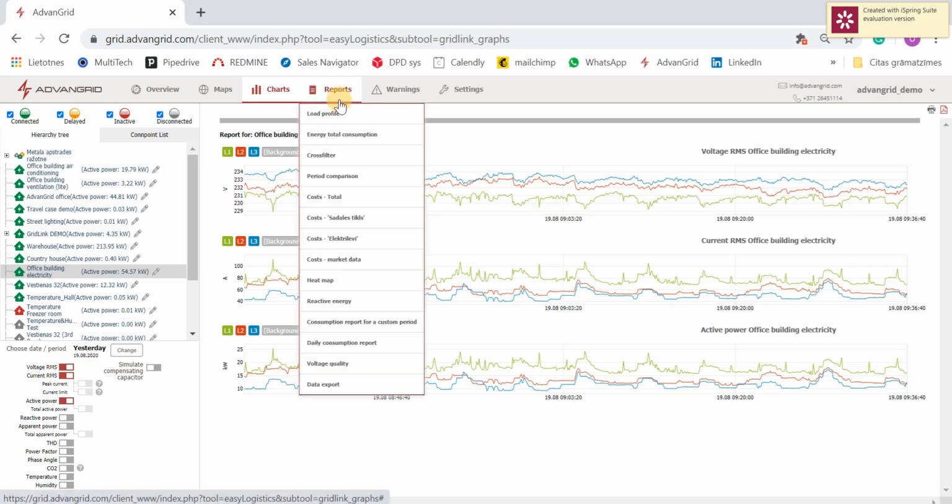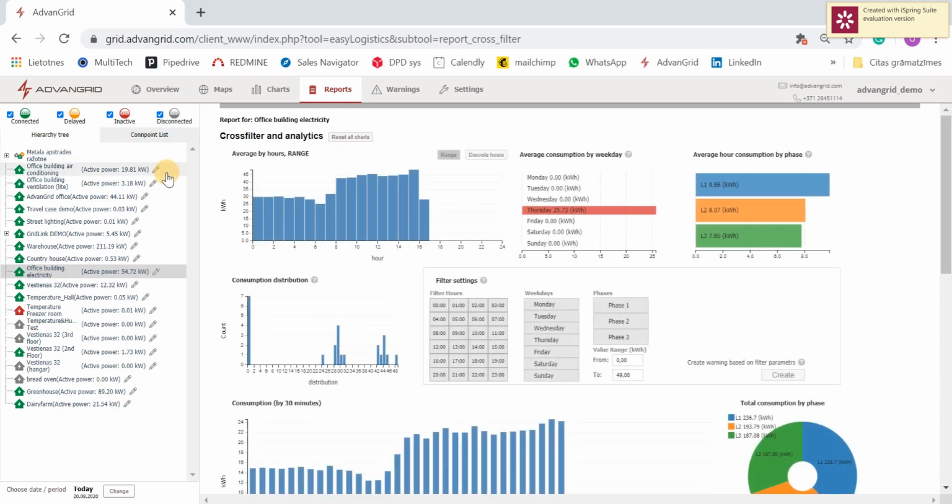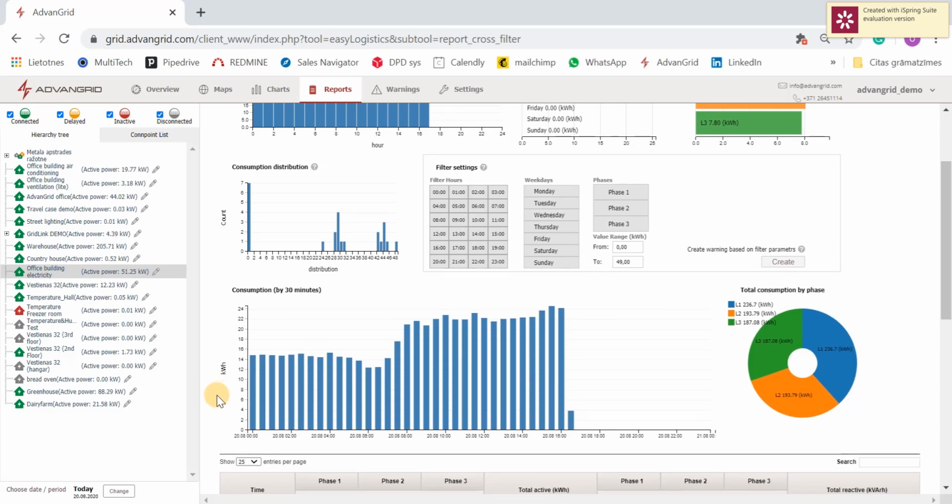Here you can see that there are many different reports available. I would like to outline that there are 3 reports that are used mostly: cross filter, heat map, and data export. Let's start with the cross filter. Again, as with all the reports, on the left side, choose the object, at the bottom, choose specific periods, and start analyzing the data. As you can see, here are many ways how to analyze consumption, see what is happening